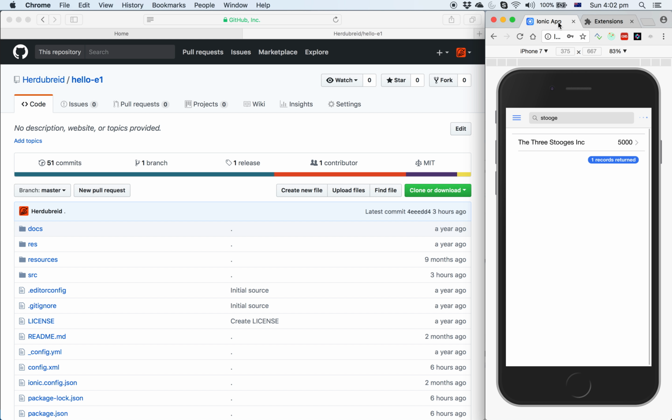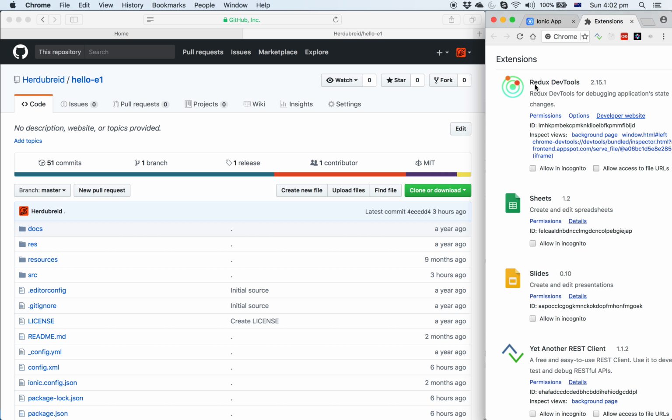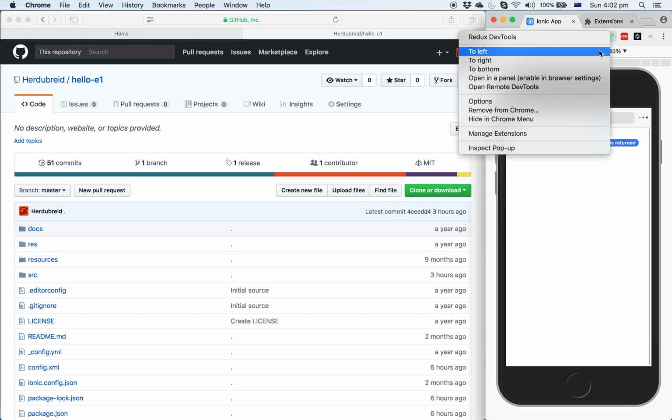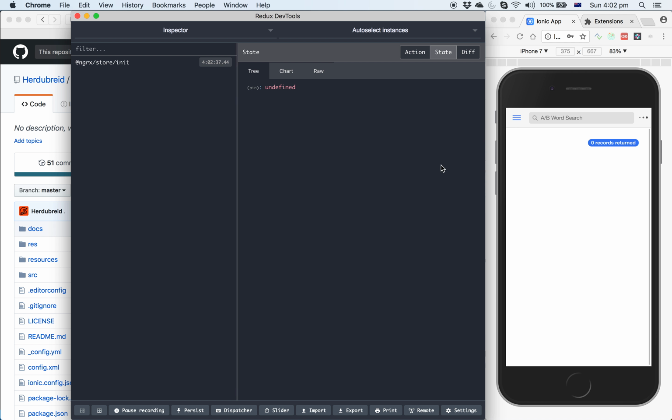And if you're using Chrome, then you can download the Redux Dev Tools, which I have here. And what I'm gonna do now is I'm gonna show you a little bit how that works. So if I refresh my app, it doesn't go to the About page again because I've already entered in the configuration. But what I need to do is that I want to open up my Redux to the left here,